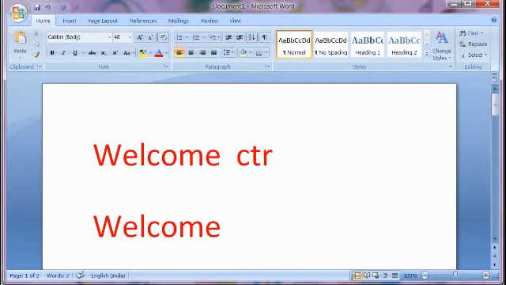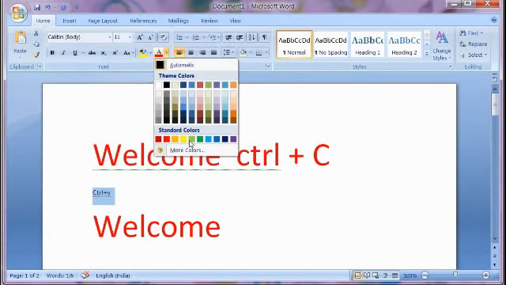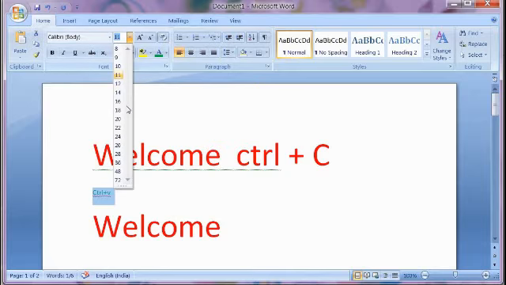Okay. Control plus C for copy. If you want to copy a word, Control plus C. Then if you want to paste, Control plus V. Okay children, I am showing it in a different color and a different size.